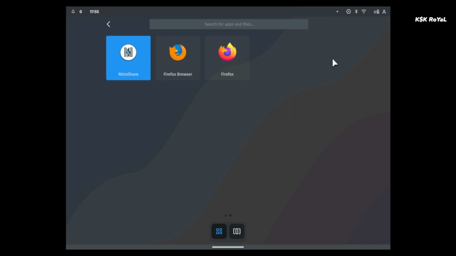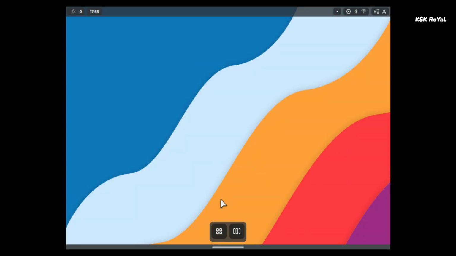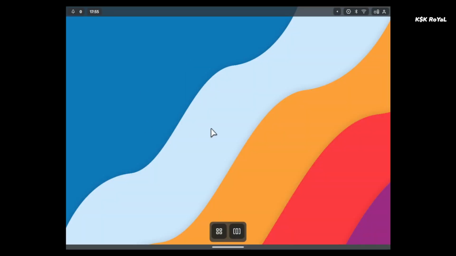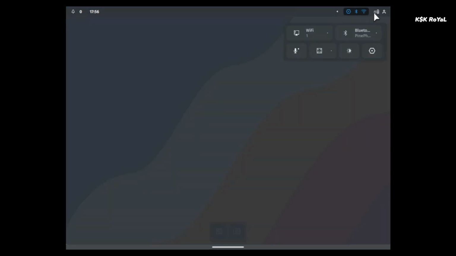Now as of now, within the Maui Shell, when you try to open an application that is not made using MauiKit, it won't even open. The default Maui apps work very well without any issues. Overall, I would say the Maui Shell, also known as Maui Desktop Environment, is a convergent desktop designed to work on tablets, mobile devices, and desktops. Now keep in mind that the Maui Shell is in the experimental stage and it won't work properly.